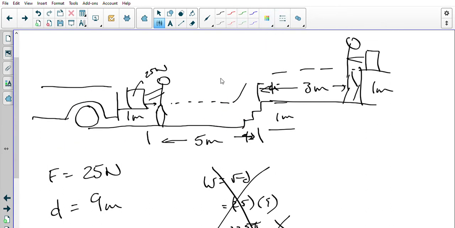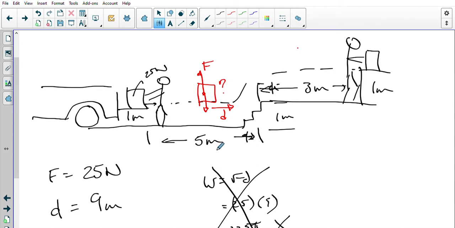If you consider the bag of groceries, what's the direction I'm moving? Well, the direction I'm moving is horizontally. I'm just taking it in. What's the direction of the force? Well, we got the force of gravity going down, and so I'm having to hold it up with a force. So there's my force, there's my distance.